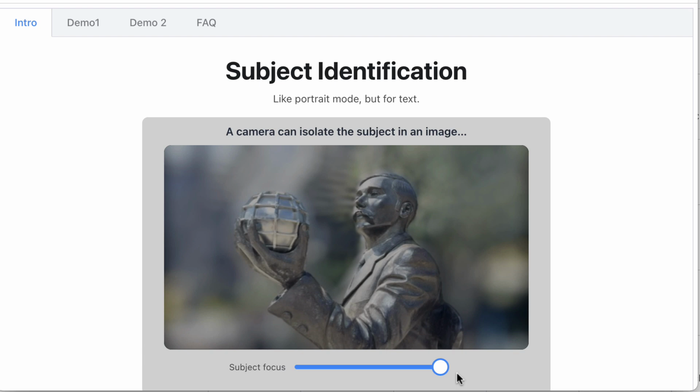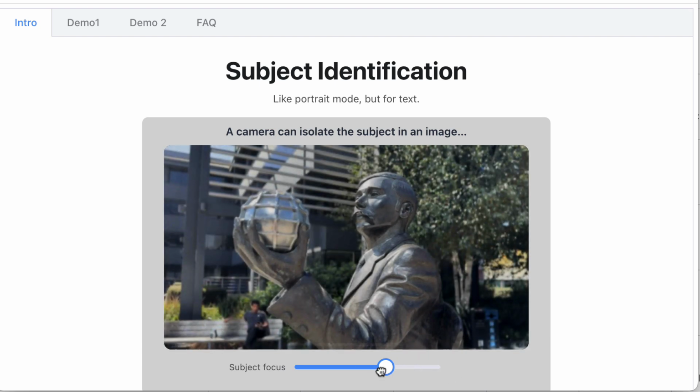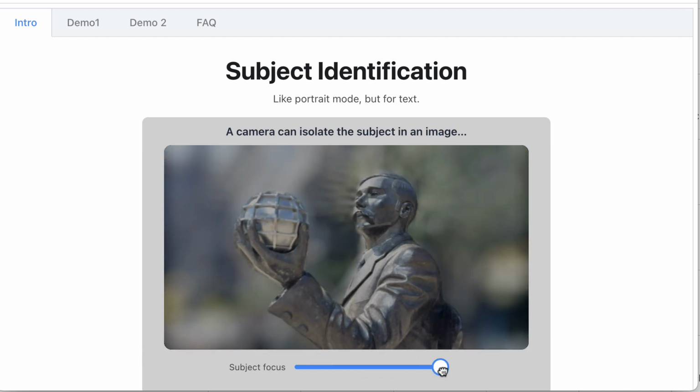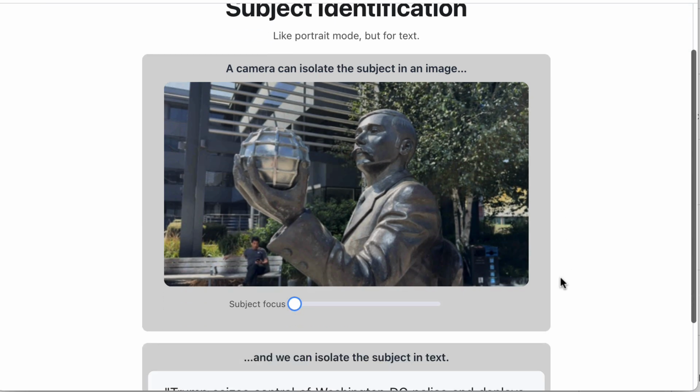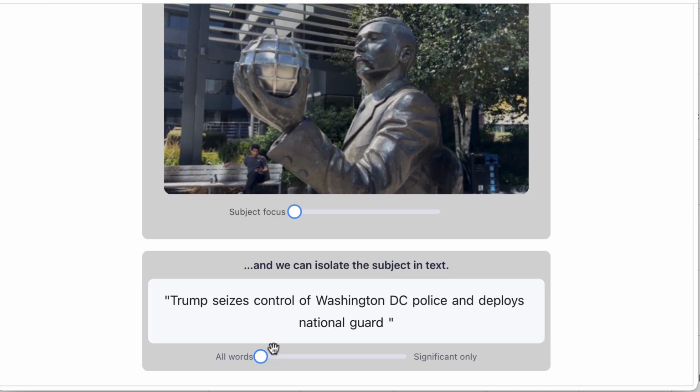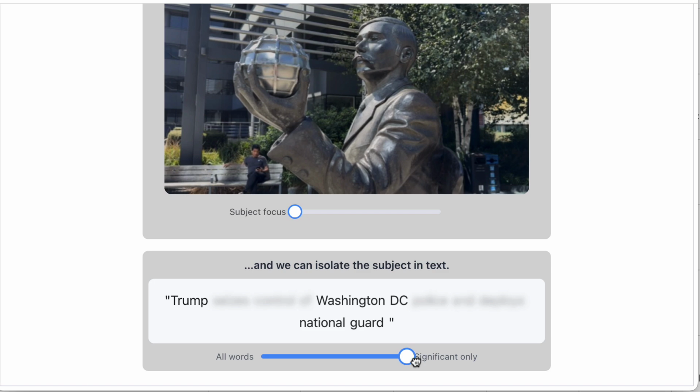So this is a statue of H.G. Wells, and it's able to focus in on that. H.G. Wells is going to feature oddly enough later on, so we'll come back to that. But what we have is a capability in JavaScript to do the same thing but with text. So we can effectively apply a form of slider that will say zoom in on the significant words in a